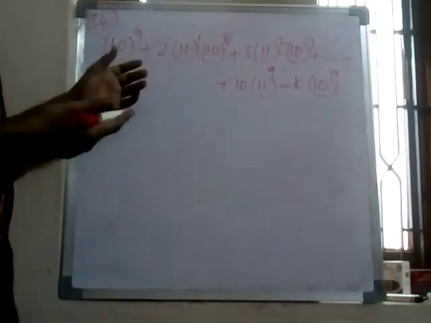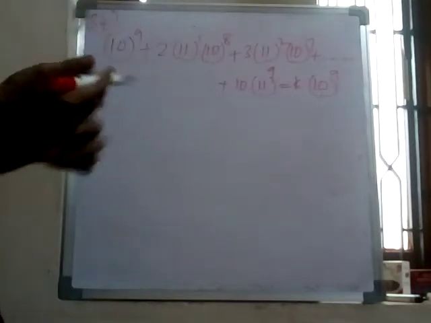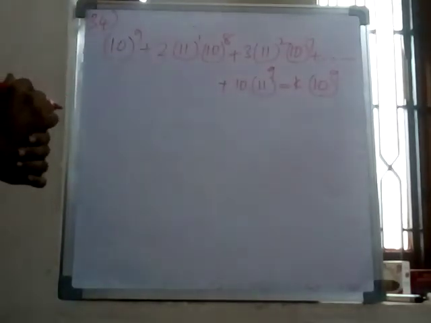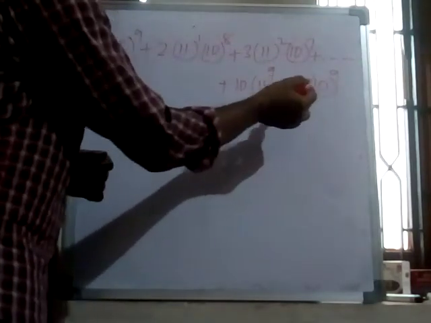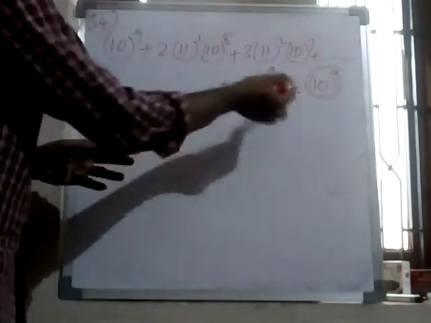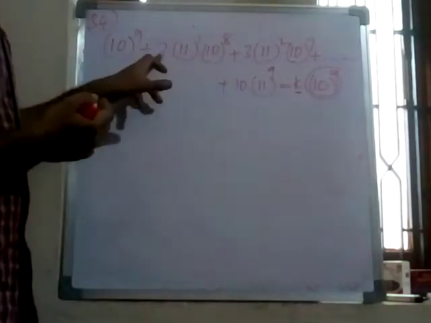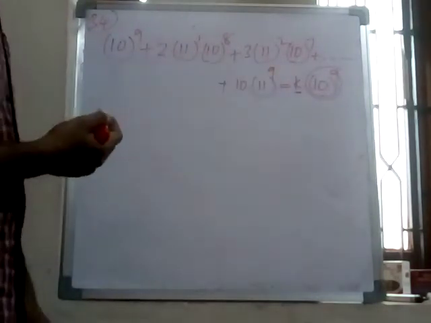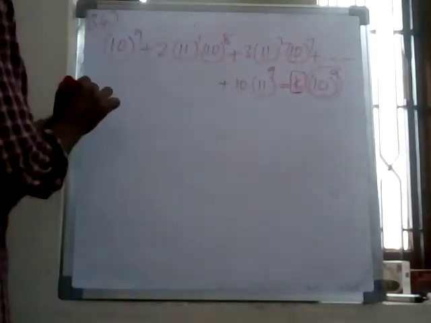So this is converted into any one progression, either arithmetic progression or geometric progression. So how to convert means, first you have to take, as you are asking for the k value, here 10 power 9 is multiplied with k. So this total term is transposed to the left side, it becomes division. So 10 power 9 by 10 power 9, plus 2 into 11 into 10 to the power of 8 by 10 to the power of 9. So on the right side, which value is left? Only k. So I take that one first.